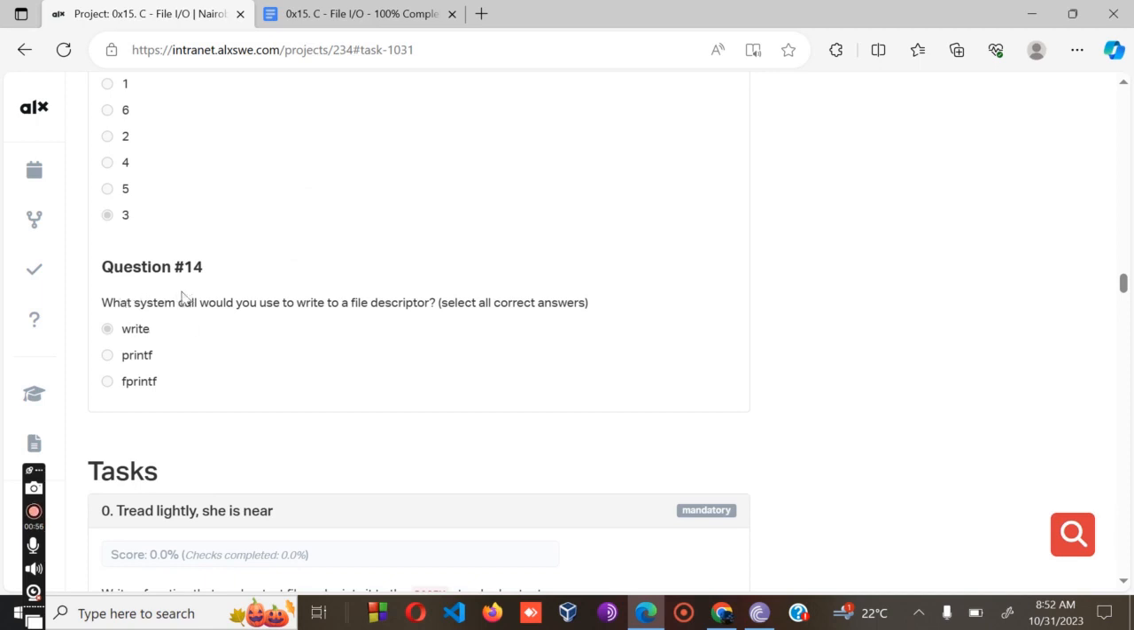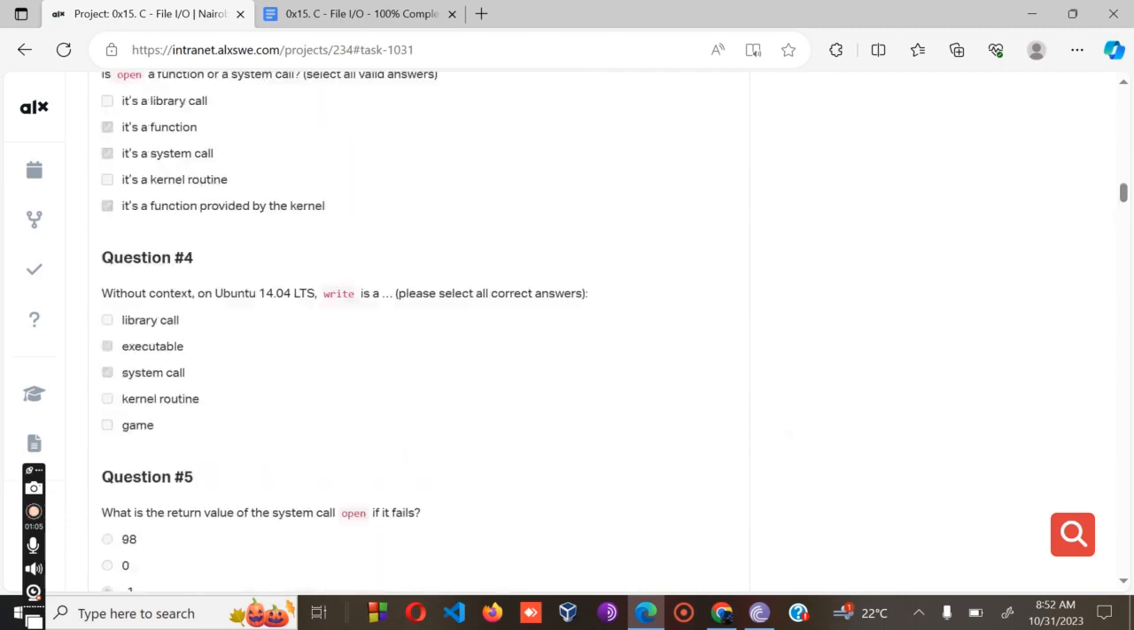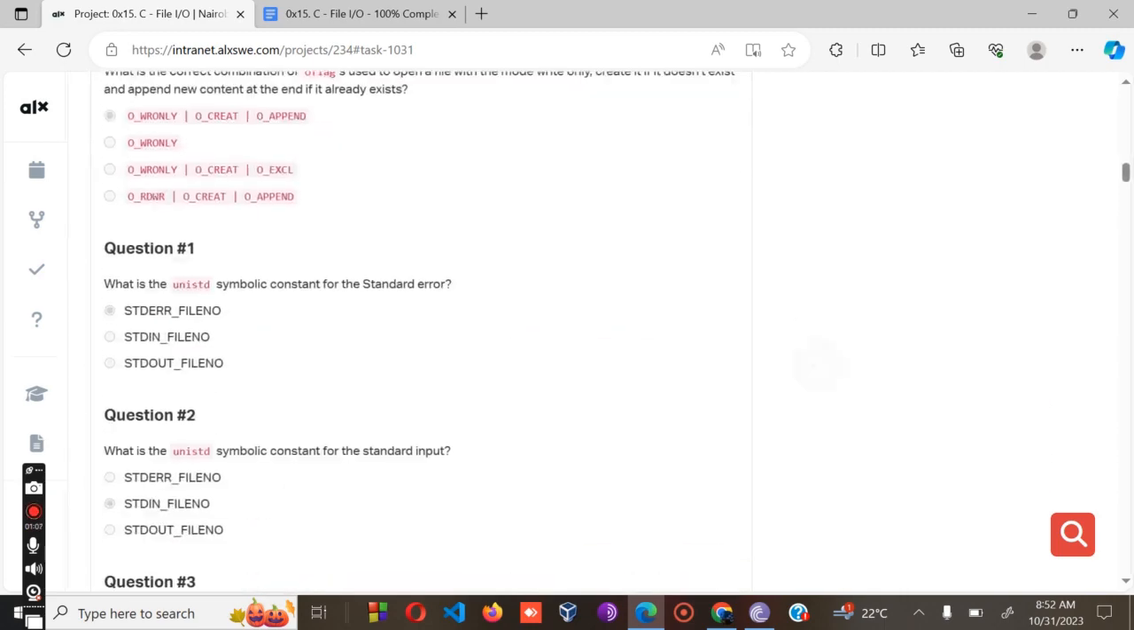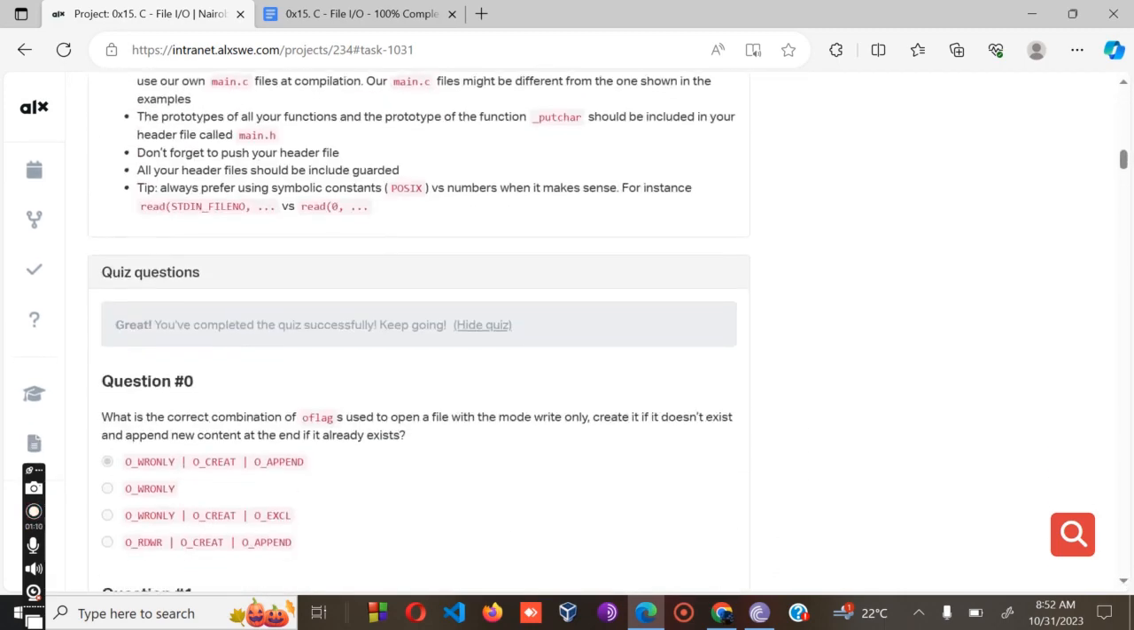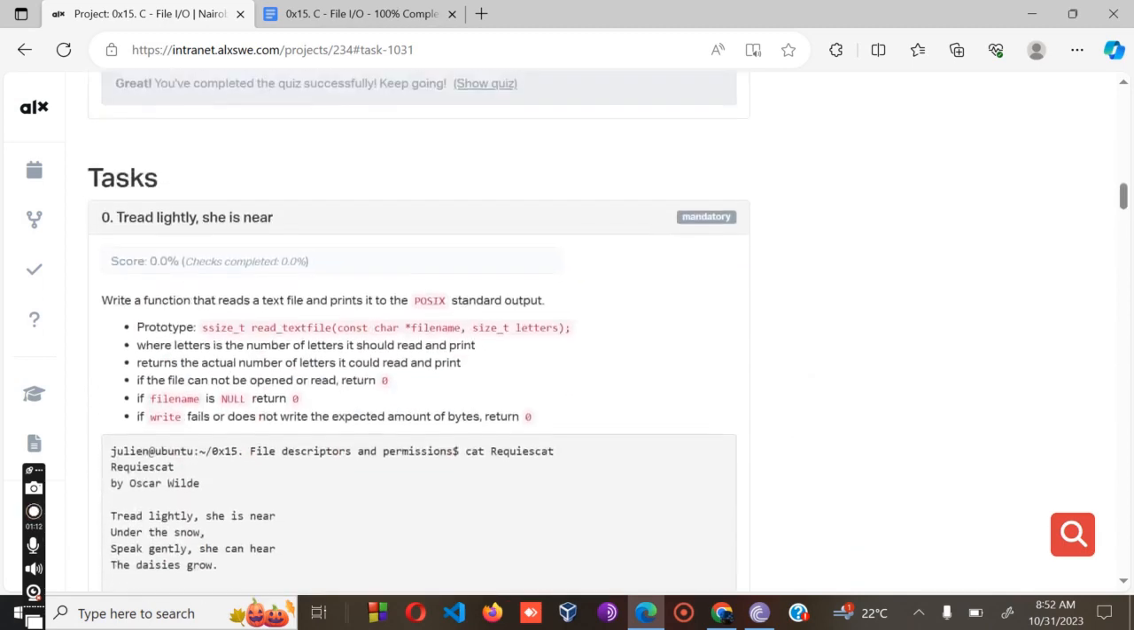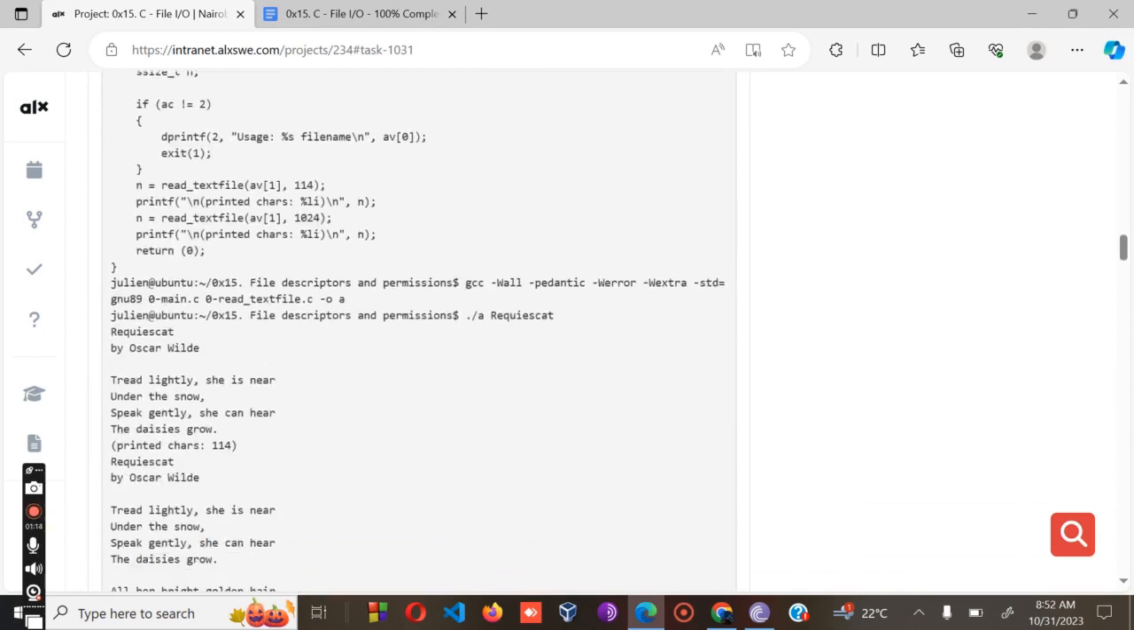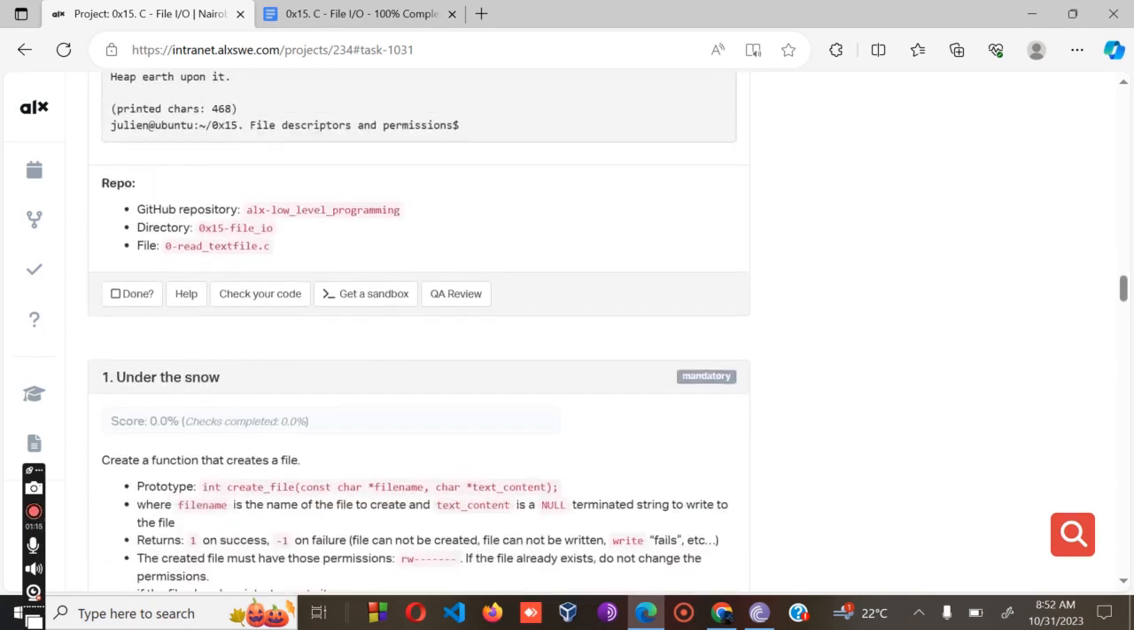And lastly, what system call would you use to write to a file descriptor? Select all, and that's supposed to be 1. So those are the answers for the quizzes. Now let's move on to the next part, that is on the quiz. I will hide these. Now for the quiz, go down to the instruction, and the repo is supposed to be ELX, the low level